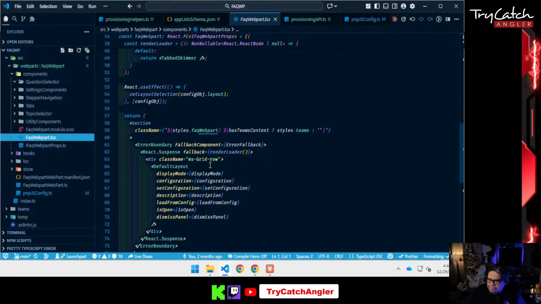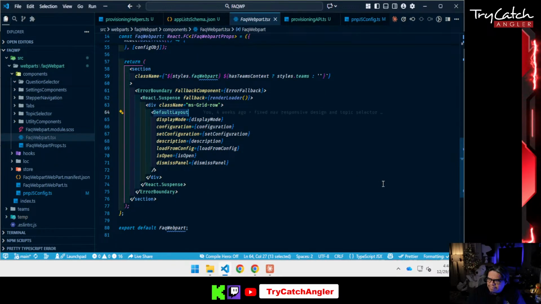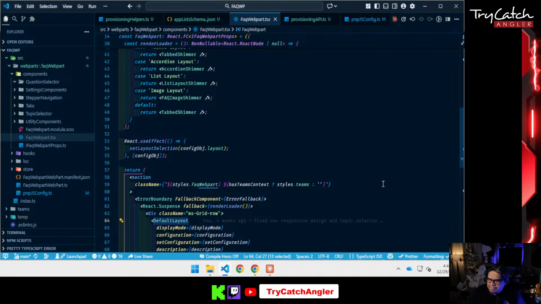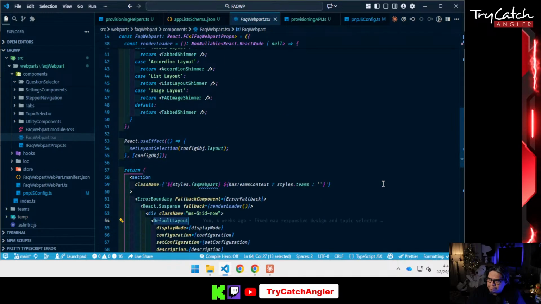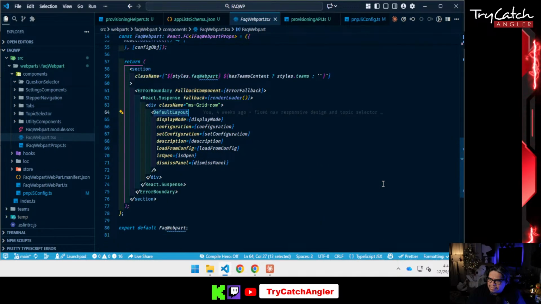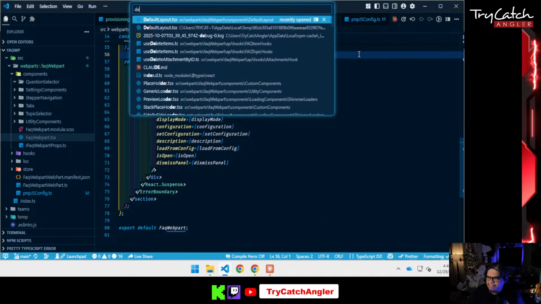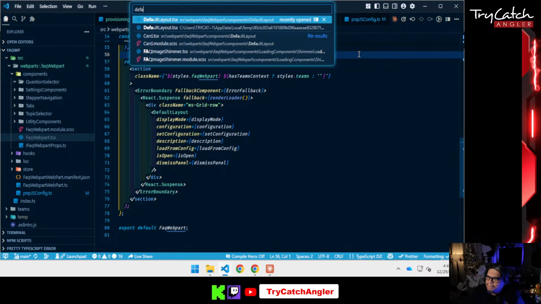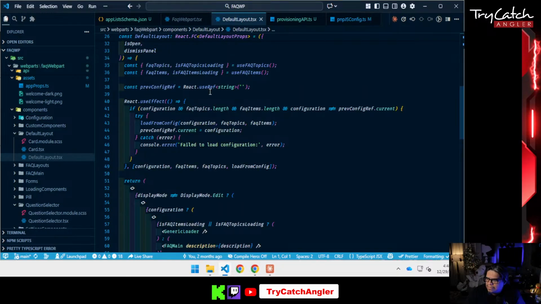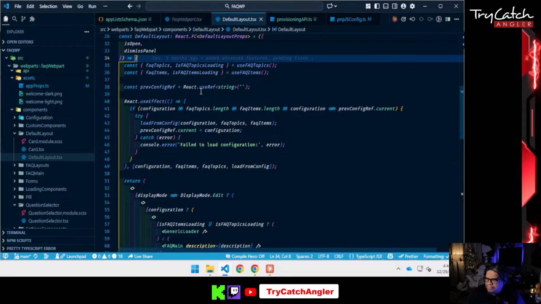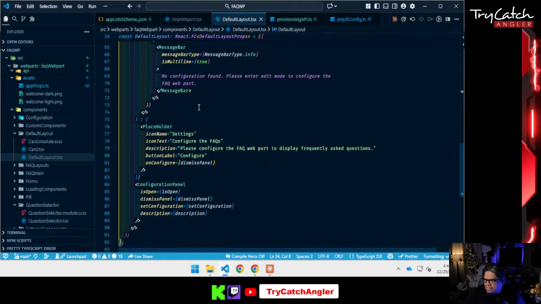So in this one, we have default layout, but I'm trying to figure out where our error is occurring. Let's go to default layout. This one right here. And here's our hook that uses our FAQ items. So it's failing here. Obviously,